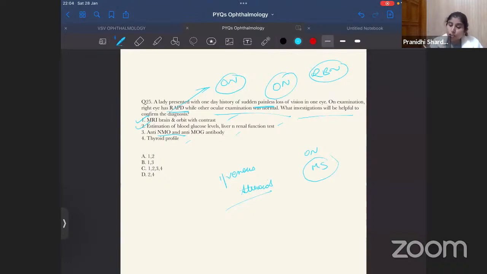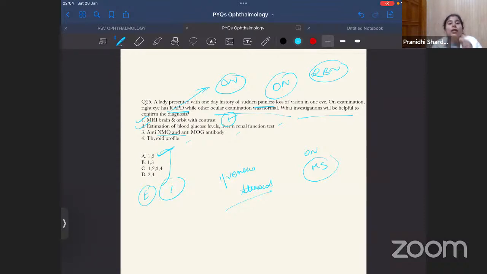Okay, if the question is asked to confirm the diagnosis, this is a previous year INI question. If it is asked to confirm the diagnosis, the answer will be 1 only, but there are no such options in this. Only option 1 is not given, so we have to treat option 1 and 2. If one of the options was only 1, then the correct option will be 1 only, but since a group of options is given, the most appropriate